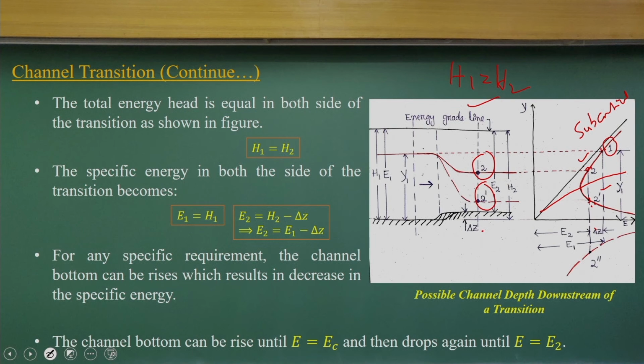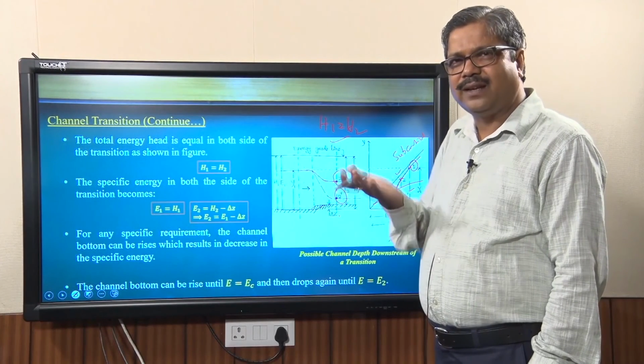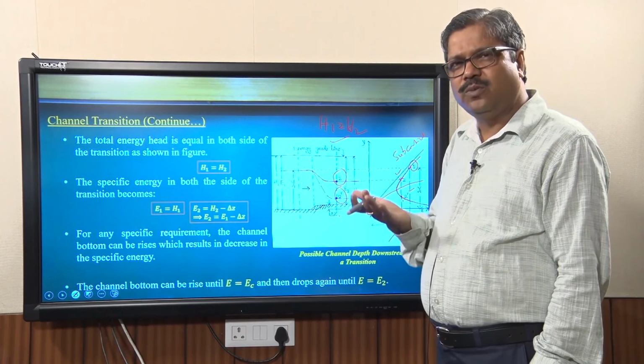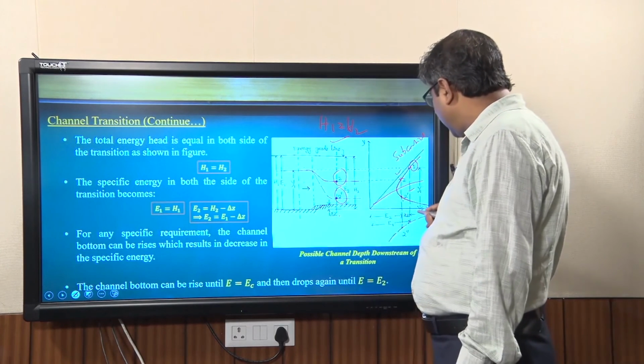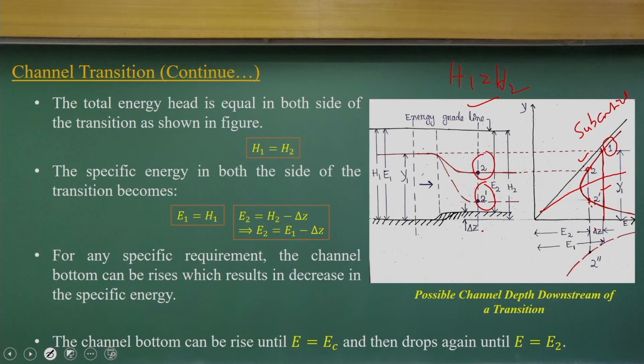So, that is the point, the channel bottom. Now, if I try to increase the channel bottom, delta Z, because of any obstruction or anything else, I have control over increasing the channel bottom. The flow is still possible until it reaches the critical depth. That means delta Z I can increase up to the point where the critical depth will occur, the critical flow rate. Beyond that, flow will not be possible.